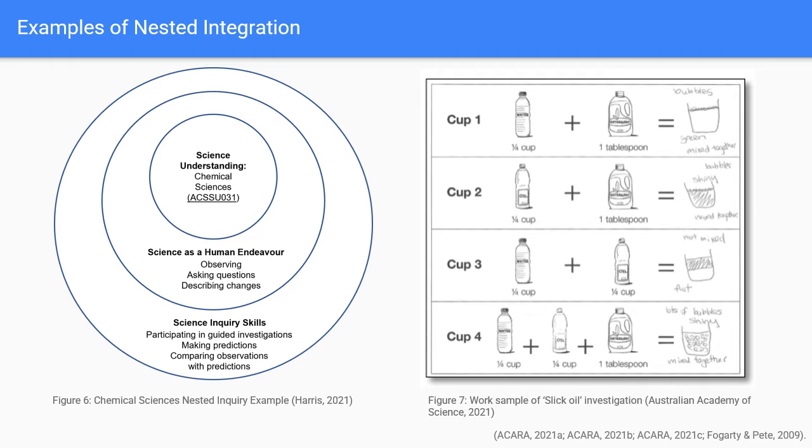To develop science inquiry skills, students could make predictions, observations, comparisons, and include drawings of their findings. Using this nested approach and explicitly making connections between learning provides multiple dimensions to this experiment and numerous opportunities to develop and practice skills. Furthermore, when connections are explicitly made between these strands in lessons, in units of work, and school-wide programming, students are supported to continually develop a scientific view of the world rather than be passive consumers of